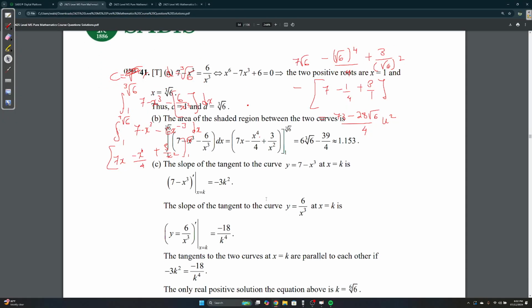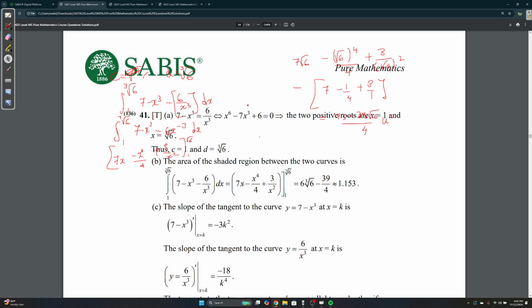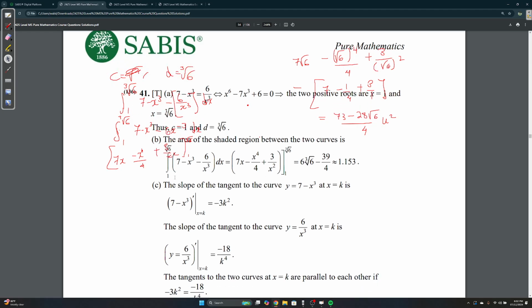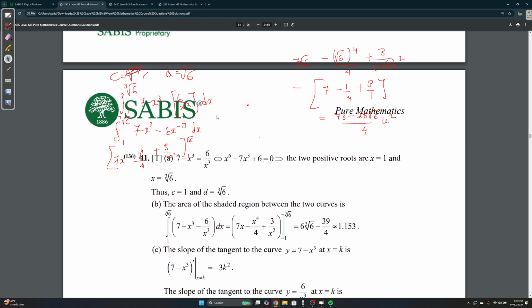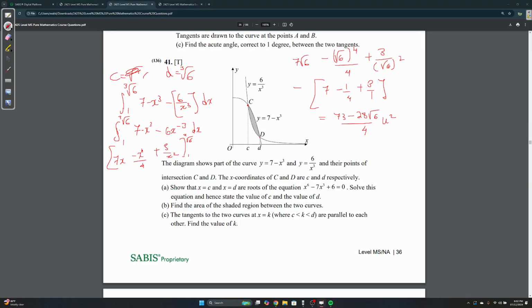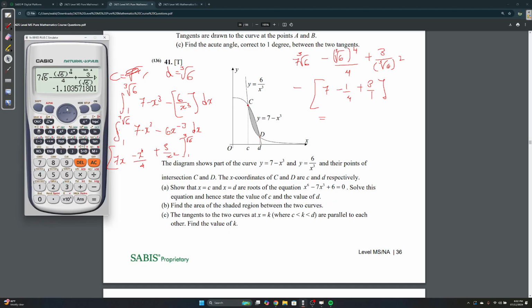Probably substituted something wrong. It's 7x minus x to the power 4 over 4 plus 3 over x squared from the cube root of 6. Oh, I'm using root 6. Why am I using root 6? Aha. Cube root 6. Sorry. Should use cube root 6. Yes. Okay, let's do cube root 6. Let me fix this all up. Okay, yeah, we got 1.153